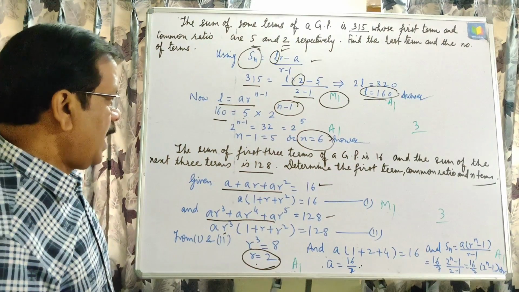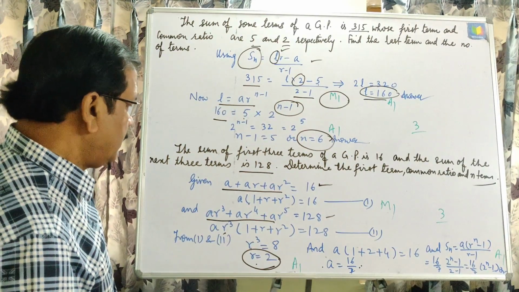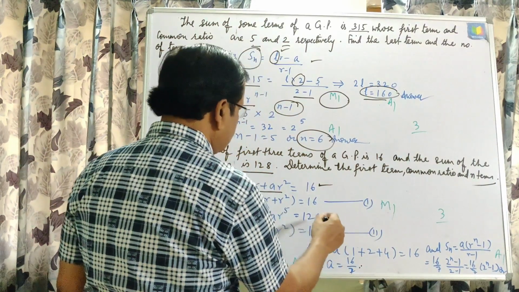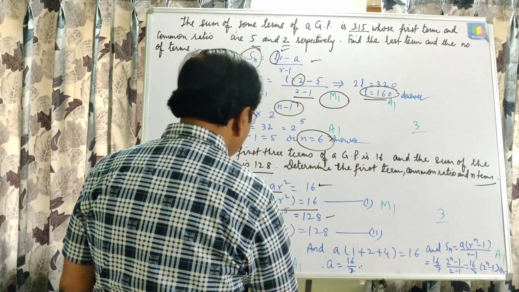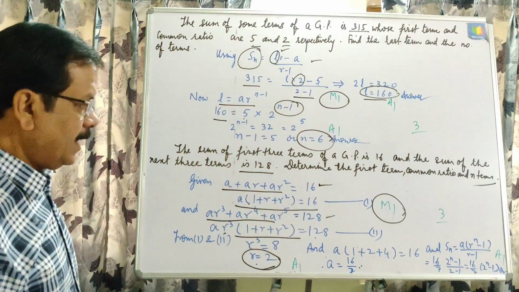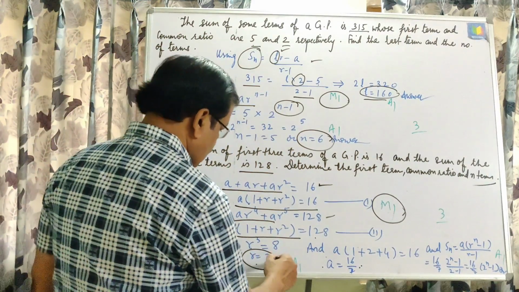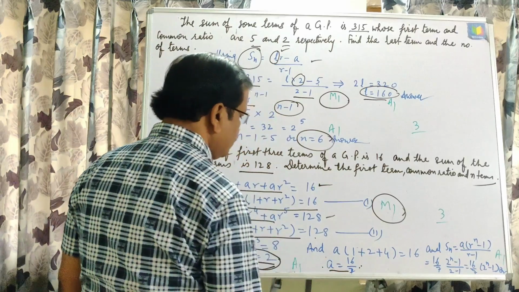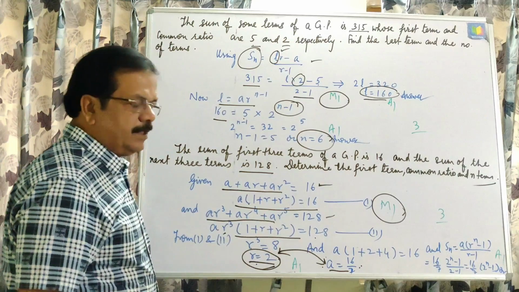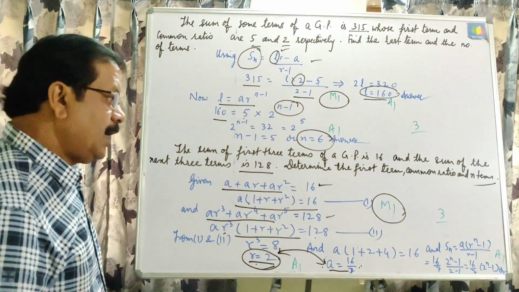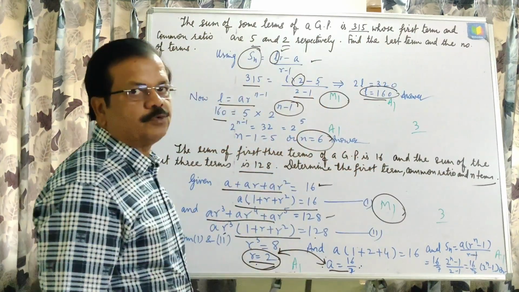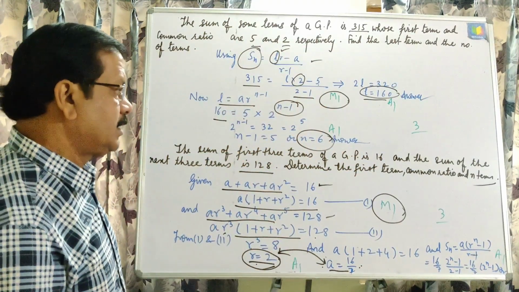This is the answer. And in case of marking scheme, this question carried 3 marks, and if you are able to substitute this value or this value correctly, then first method mark. And then if finding r is equal to 2 and the first term correctly, both values correct with the correct calculation, then second answer mark, and then third mark of finding this value 16 by 7 within bracket 2 to the power n minus 1, third answer mark.